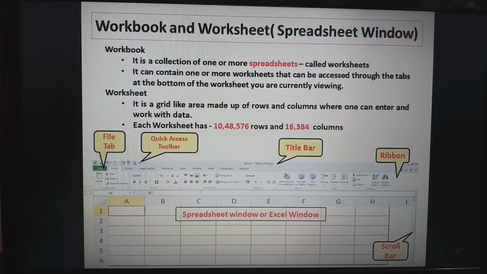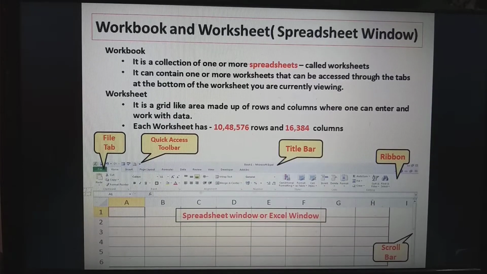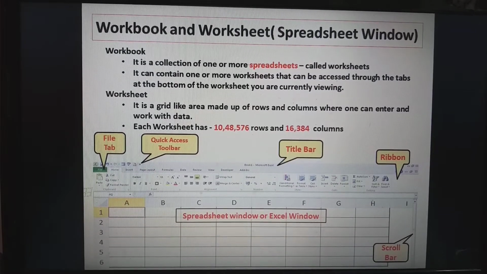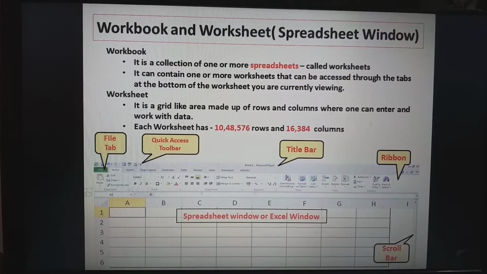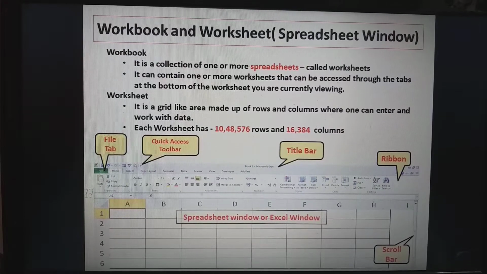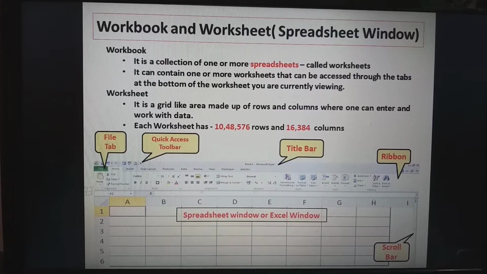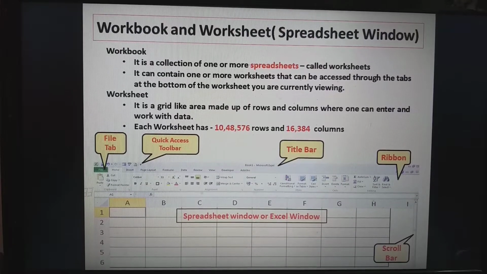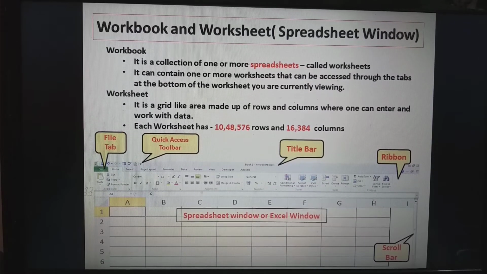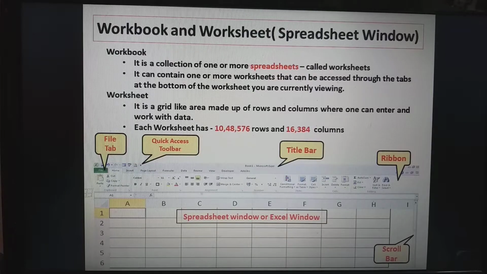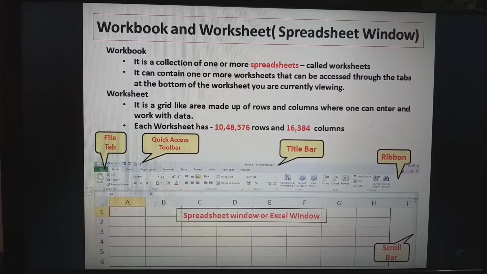File tab that contains the new, open, save, save as, print and close options, etc. Ribbon is the display at the top of the Microsoft Excel window. It is the primary interface with Excel. It allows you to access most of the commands available to you in Excel. Scroll bar. It helps to move the active worksheet up, down and in the left and right direction.